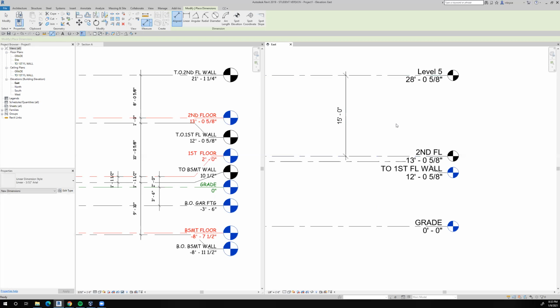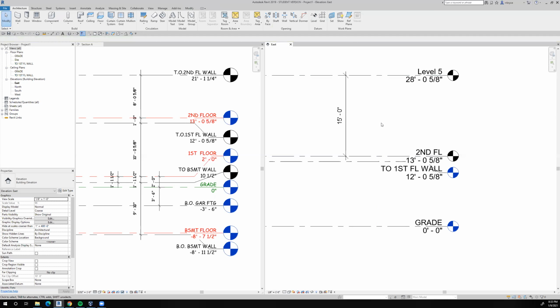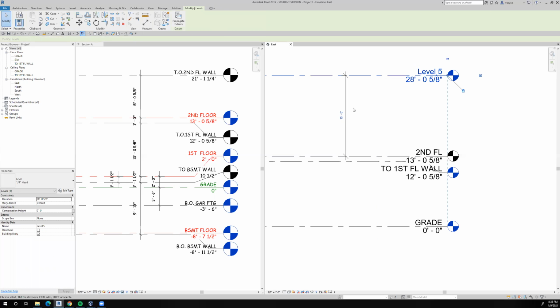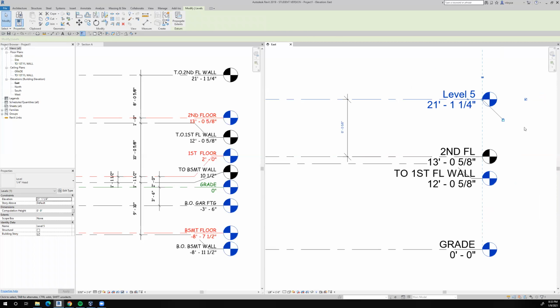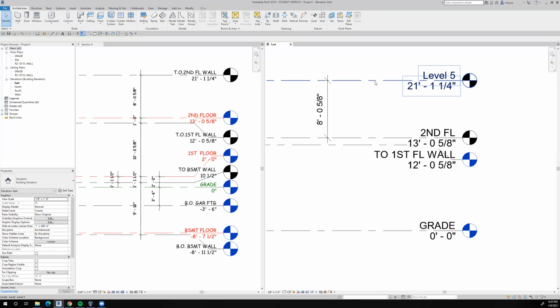So I hit escape on the keyboard. You can see that I don't have any icon attached next to my mouse cursor. And I'm simply going to click on this level, and that activates this dimension. And I'm going to write 8 foot 0 5/8 in that. Click on there and say 8 feet 0 space 5 8, enter. And now 21 foot 1 1/4,